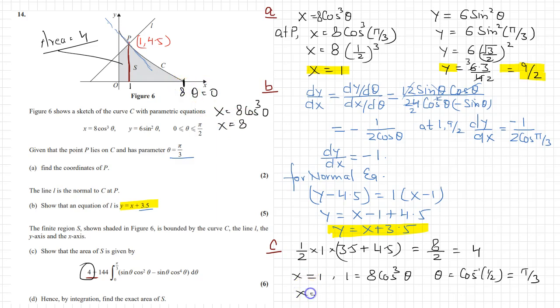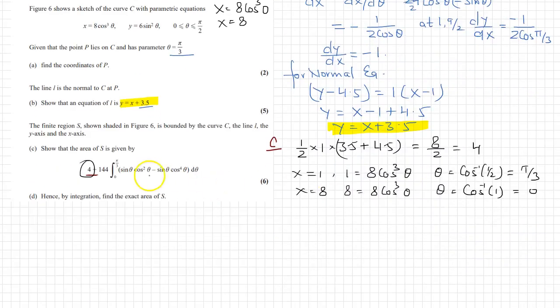So if x is equal to 8, so 8 is equal to 8 cos cube theta. So theta will be cos inverse 1, and that is 0. So the limit will be, so what we have,